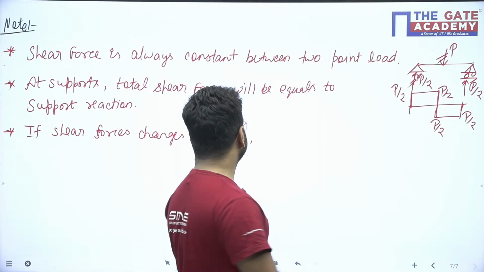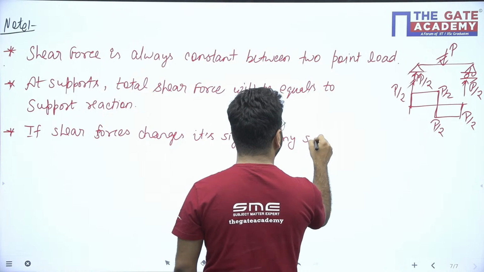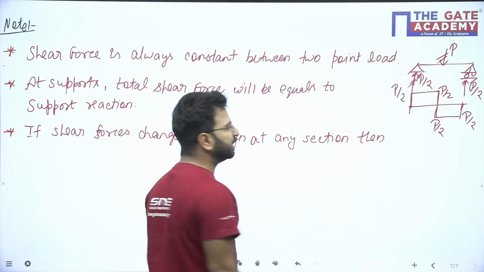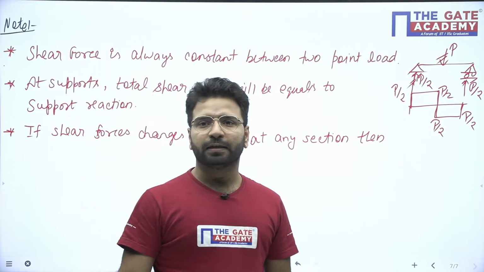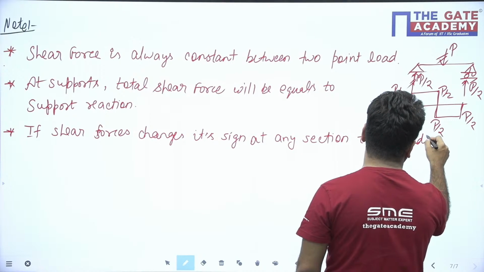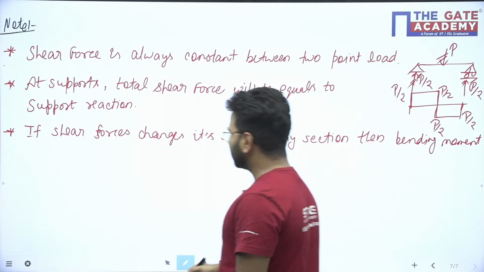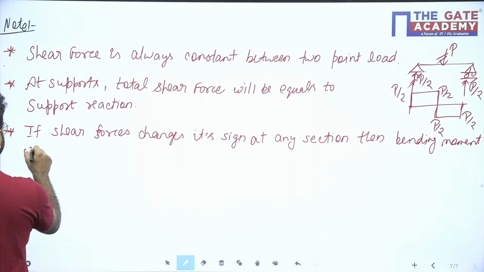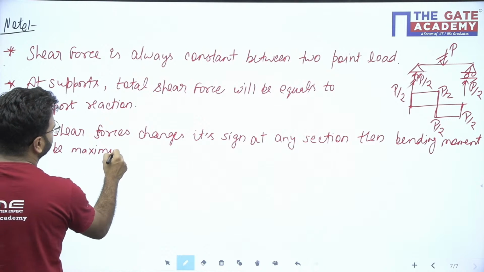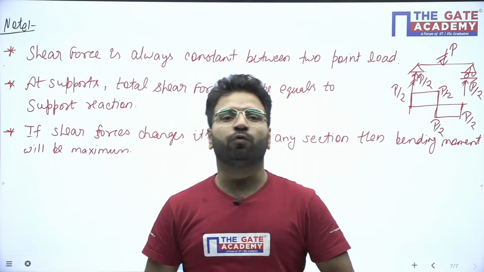If shear force changes its sign at any section, then what will happen? Then always the bending moment will be maximum at that section, okay. So whenever the question is asking you to find the maximum bending moment, what you have to see, beta,